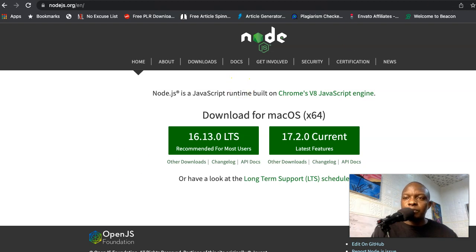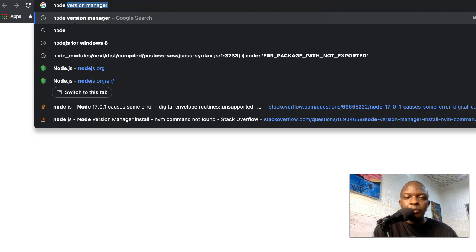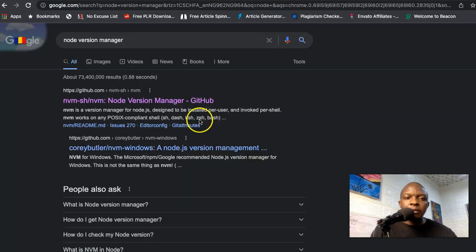So let's install Node Version Manager. We go to Google and type Node Version Manager, and the very first link is on GitHub. You click on it, it takes you